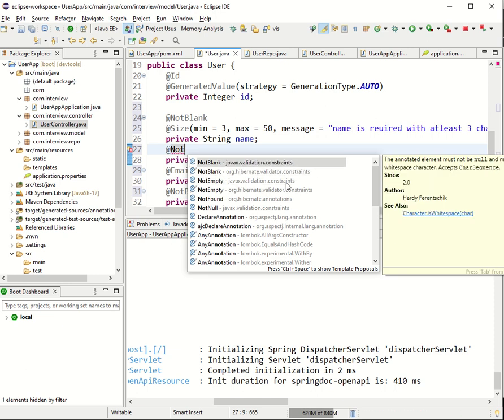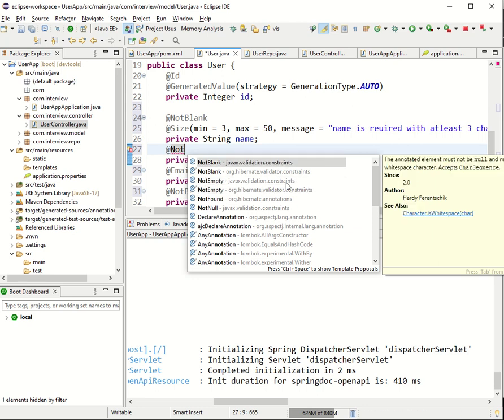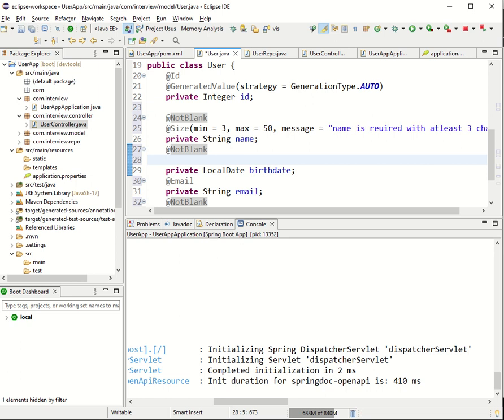not blank. The difference between not blank and not null is not null and not empty. If you are saying not null, that means it can be empty. If you are saying it is not empty, which is deprecated, and currently we have this method as not blank, which will also take the null check into consideration. So I find it relatively easier, not blank as a superset of not null. So we can go with this validation,